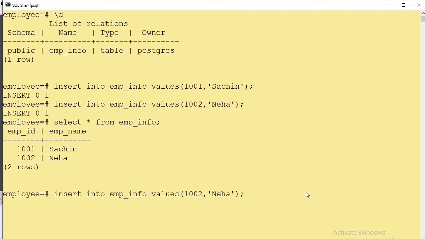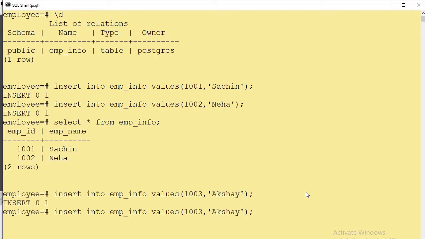Let us insert two more records, that is, let us say employee ID as 1003 and the name of the employee is Akshay. Press enter. The fourth employee name we will insert as, let us say, Geeta, and employee identification number as 4. So till now we have 4 records in our table.